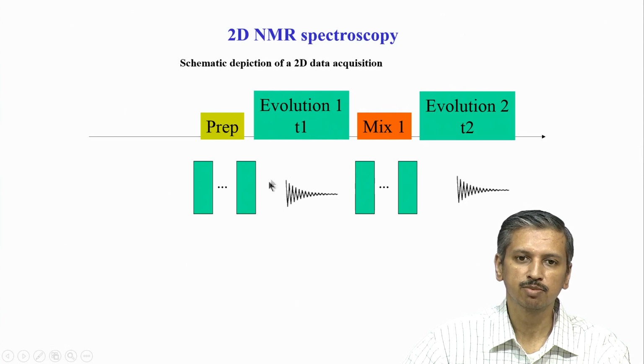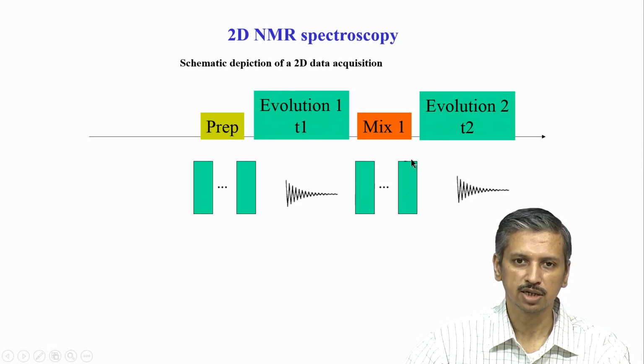So, during this evolution period, typically we are letting the spins simply evolve and relax. There is relaxation also happening in this time, but normally we do not consider relaxation when we analyze the correlations, since we are looking at 2D NMR spectral correlations. Relaxation is not so important to be concerned about. So, we assume that we are not allowing it to relax fully. Typically the evolution part is stopped somewhere after it reaches about 20 to 30% of its signal,